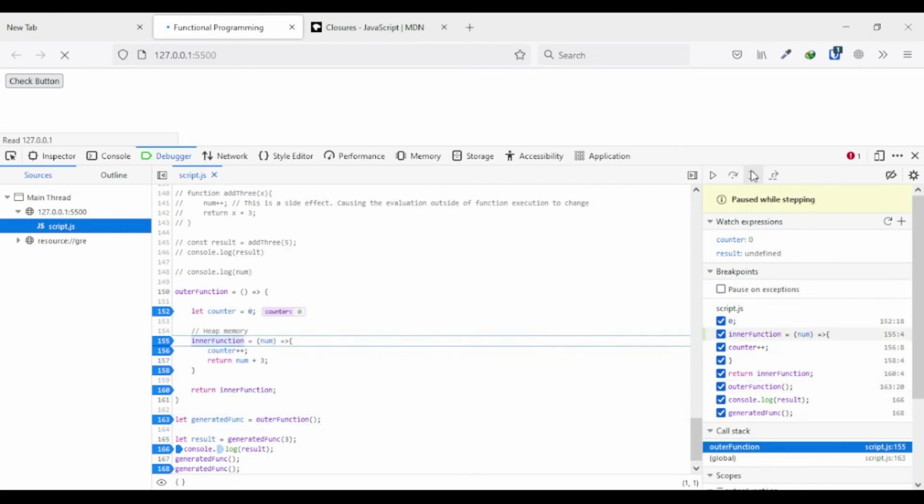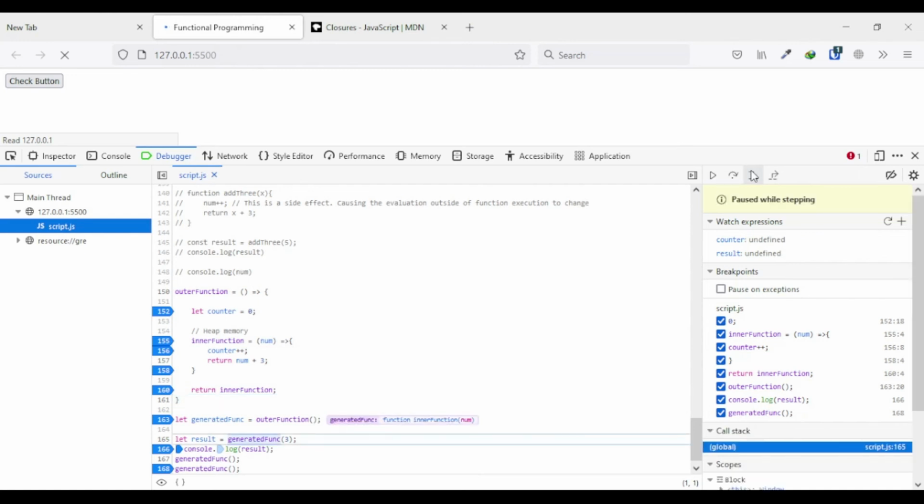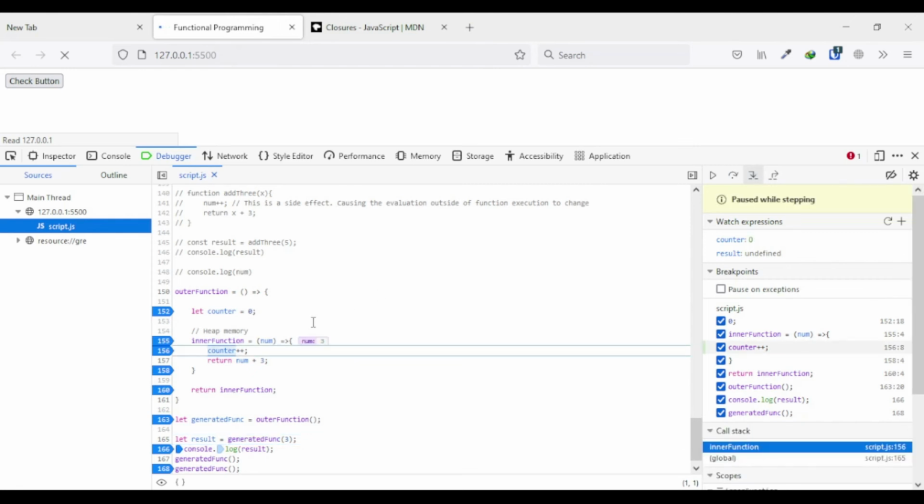Okay, we are now in the inner function. Now we're returning that inner function, assigning that to generated func, and now we're calling generated func, and when we call it, the counter should be 1, and we are now inside of the inner function, and when we call this the counter